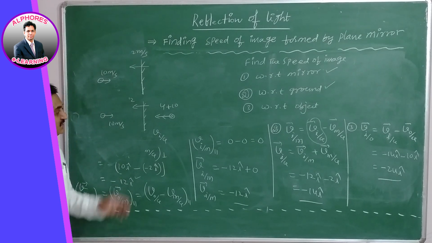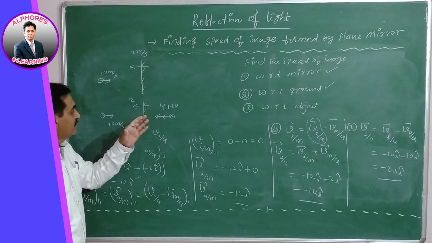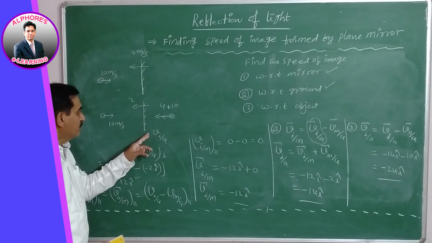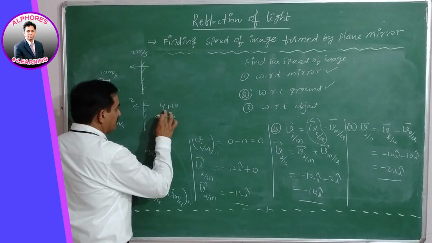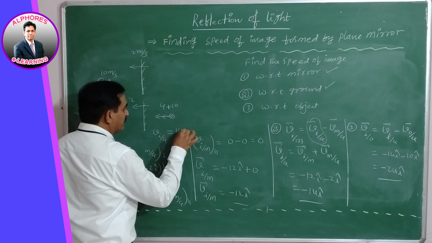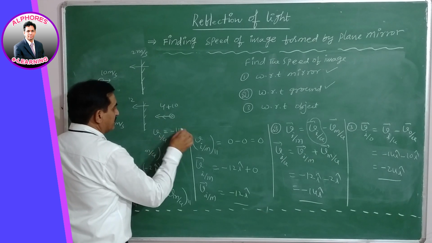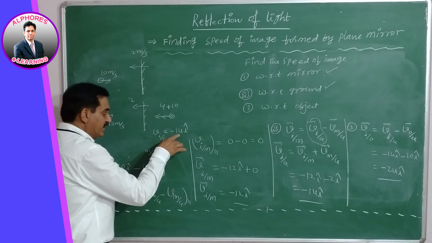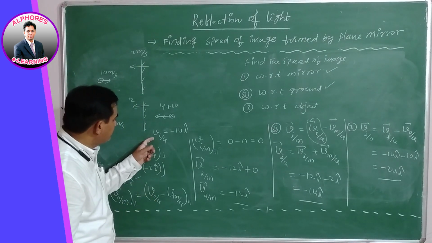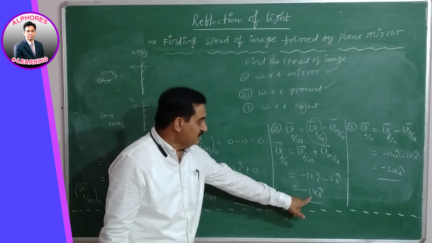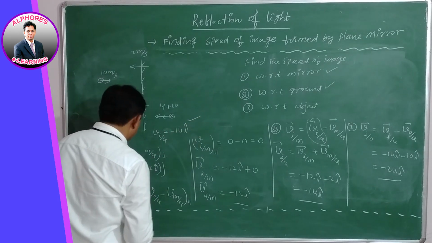Why? Because this is the general method. In the general method we take the ground as reference. Therefore, this is with reference to ground. Image with respect to ground is equal to 4 plus 10, which gives 14. Vectorially, this can also be given as minus i cap. So the final answer is minus 14i. This is with respect to ground. So once we check this vector method with respect to ground, minus 14i, it is verified by the general method.